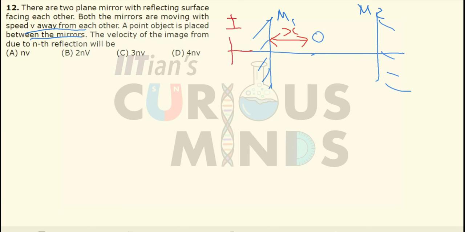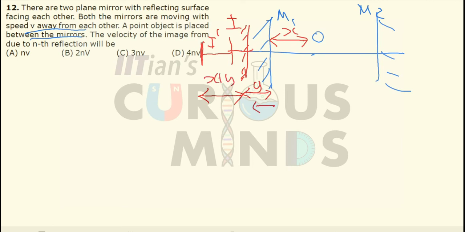Now when the object is stationary, but the mirror has moved somewhere over here by a distance, let it be equal to y. So the image will be formed behind the mirror. Now the distance between the object and the mirror is x plus y. So the distance between the mirror and the second image, let this be I dash, the second image formed after the mirror has moved, will be equal to x plus y.